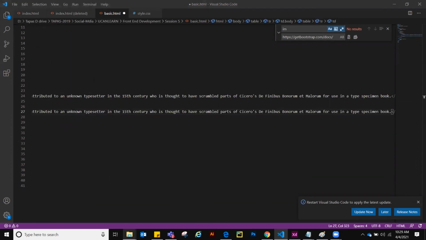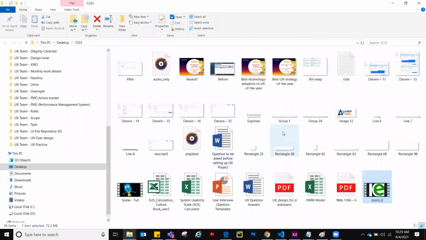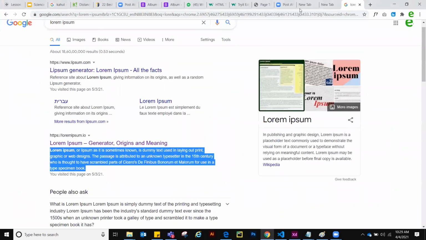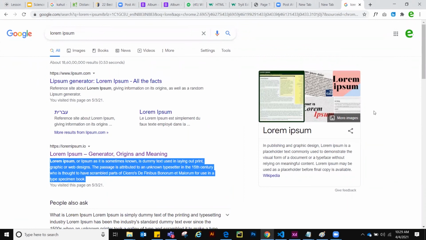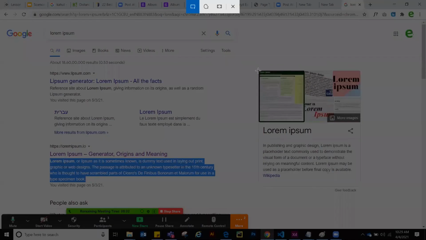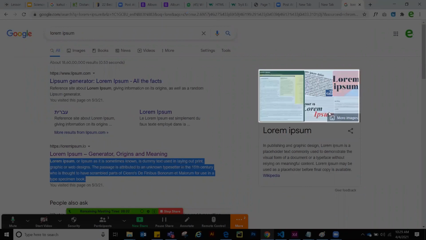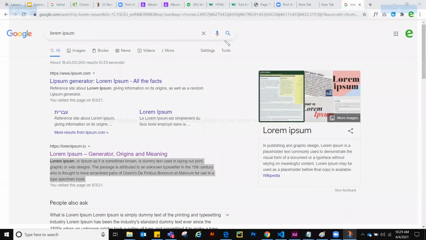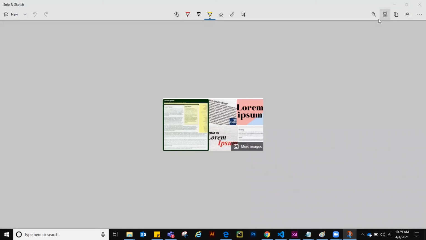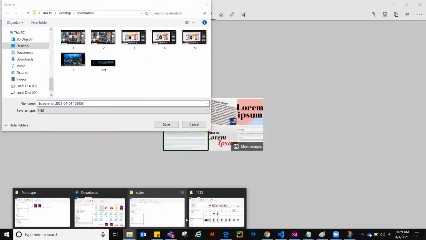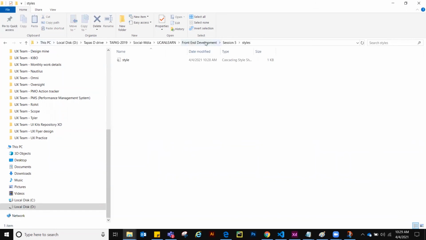And you can put an image. For example, where can I get an image? For example, this image I'm taking, or some other image. Let's take this image. I'm cutting this image, and I'm pasting. Actually, I want to paste this image over there. So I'm saving this image. I've taken a snap of this. Where do I want to save this? I want to save this inside the images folder.